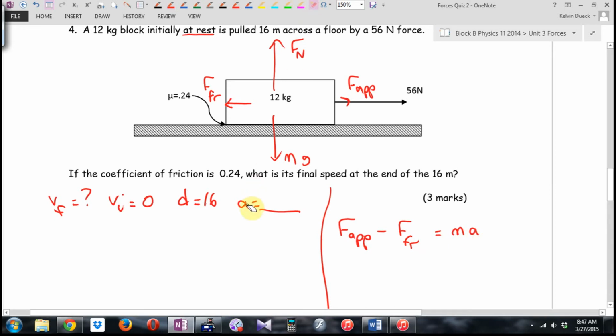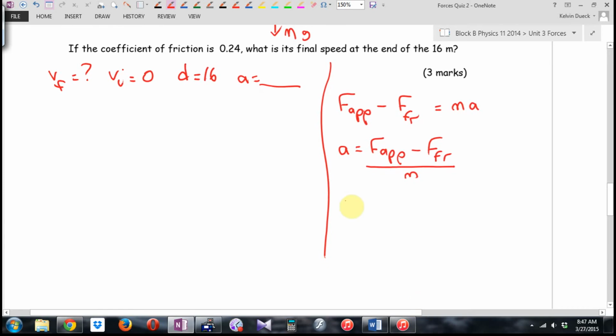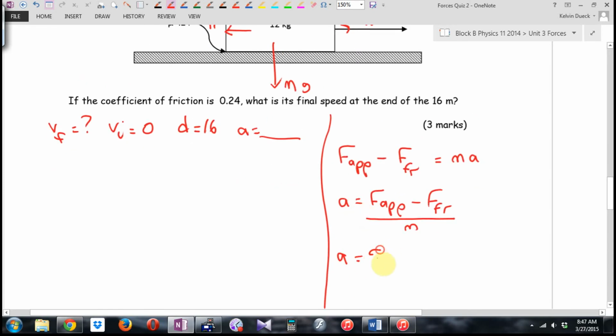No, we said we're trying to find A. Hey, how would I get the A by itself? More specific. Divide by the mass. Is it becoming a little repetitive? I hope it's becoming part of a pattern. You're starting to see how all this kind of fits together. So we can say the acceleration is going to be the applied force minus friction, all over m. Okay. The acceleration is going to be, they told me the applied, 56,